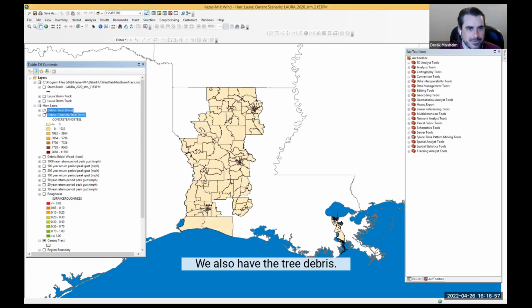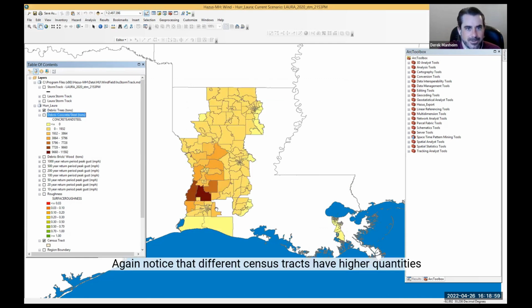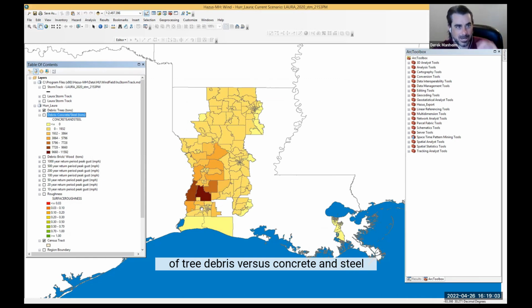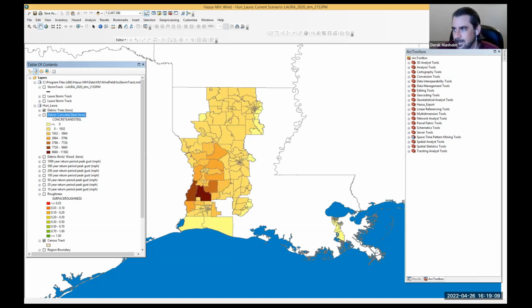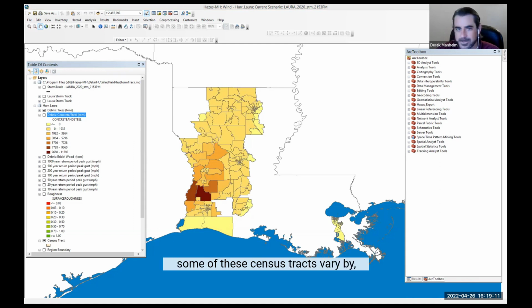We also have the tree debris. Again, notice that different census tracts have higher quantities of tree debris versus concrete and steel debris. And that's because, again, some of these census tracts vary by the extent of urban environments versus open and rural areas.